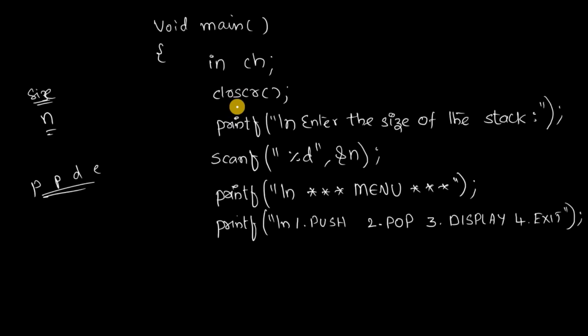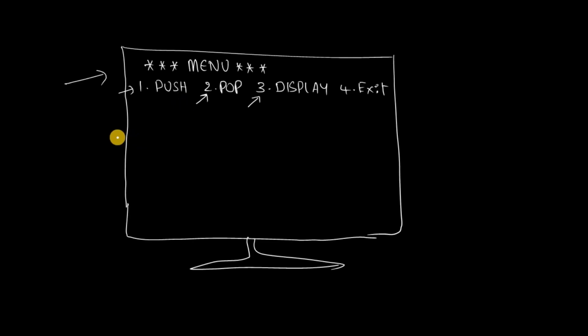So I have written the printf statement like this. The next one is we have to accept the choice from the user, right? Let's see how I can do that. You have to use a while loop for that. In the next slide, I am writing the while loop. Remember, this while loop is inside the main function only. So while of 1. Why I am writing 1 here, I will explain you, don't worry.